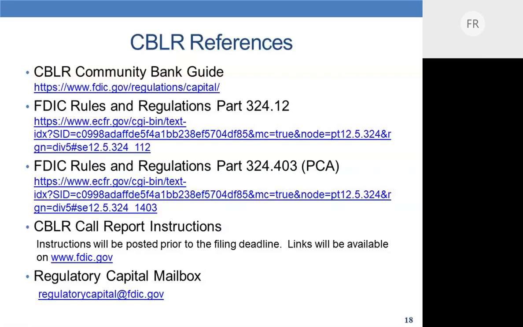So we received another question. What effect does following the CBLR framework have on a banking institution which meets all the eligibility criteria? Do loans that are designated as HVCRE or HVADC still need to be disclosed in the Call Report, assuming the bank is designated as well-capitalized? If you're on the CBLR framework, you do not have to calculate risk-weighted assets, and therefore